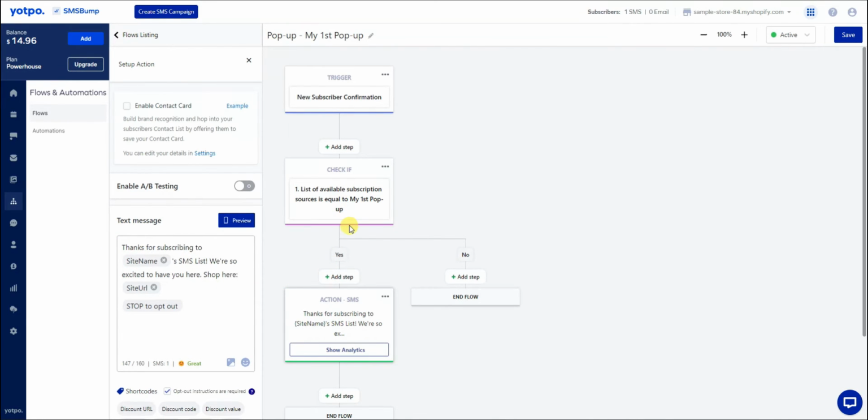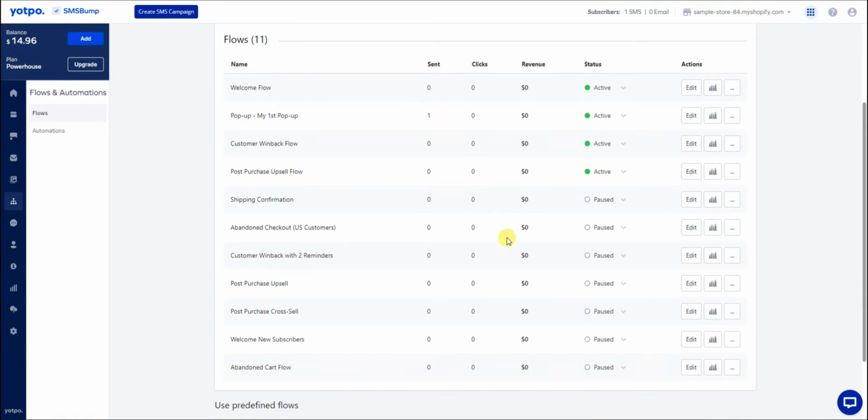So if you're wondering why there may be two separate welcome messages, it could be because your pop-up could have something like sign up for our list for 10% off, and maybe your other subscription sources don't have that. So in that case, this text message for when people sign up to the pop-up would give a 10% discount code, for example. So that's pretty much how flows work, and we can see that by default we have 4 that are active,